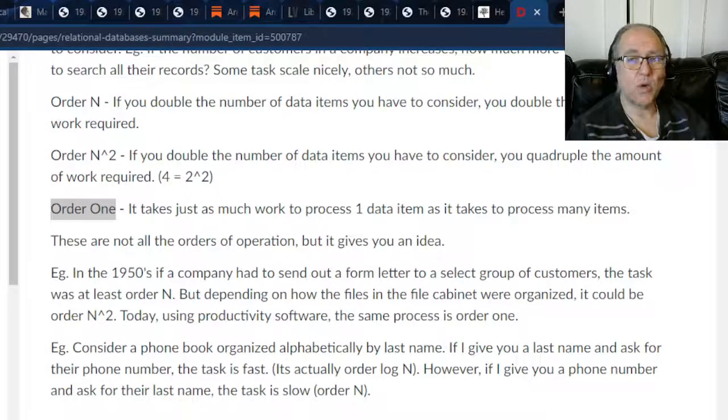Okay, so the amount of work doesn't increase or decrease depending on the number of data items that you have. And databases help you to reduce some of these other higher order tasks down to an order 1 task. You say, well, how does it do that? Basically, and I'll show you this towards the end of the lecture, what you do is,